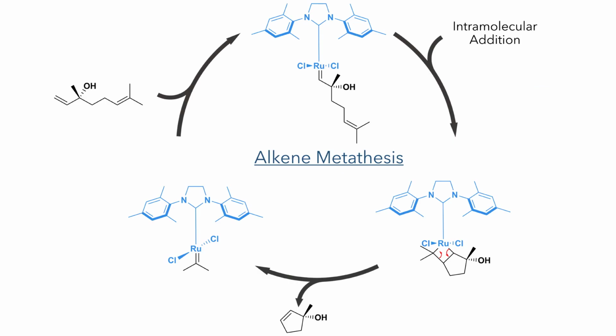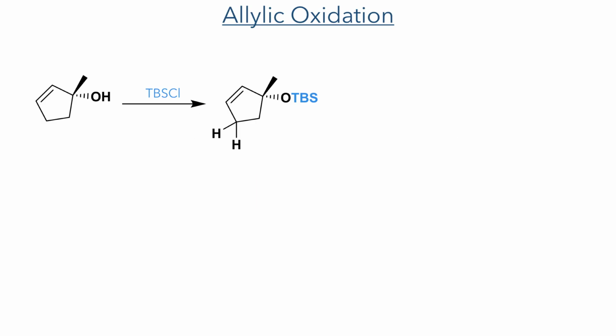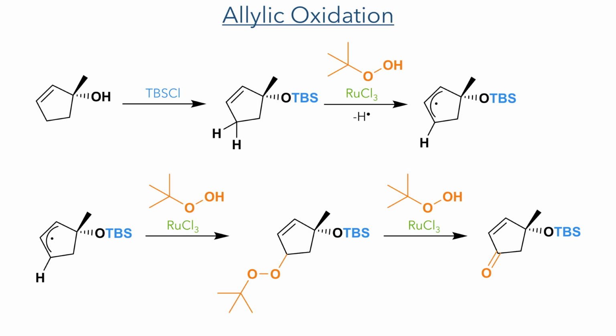This then undergoes an intramolecular reaction to again form a 4-membered ring, which undergoes a reversion to complete the ring-closing metathesis and form the desired product. The catalyst is then eliminated, bearing the propylene carbene, and it goes on to react with another molecule of substrate, and the cycle continues. In the next step, the hydroxyl group was protected with TBS chloride, and then an allylic